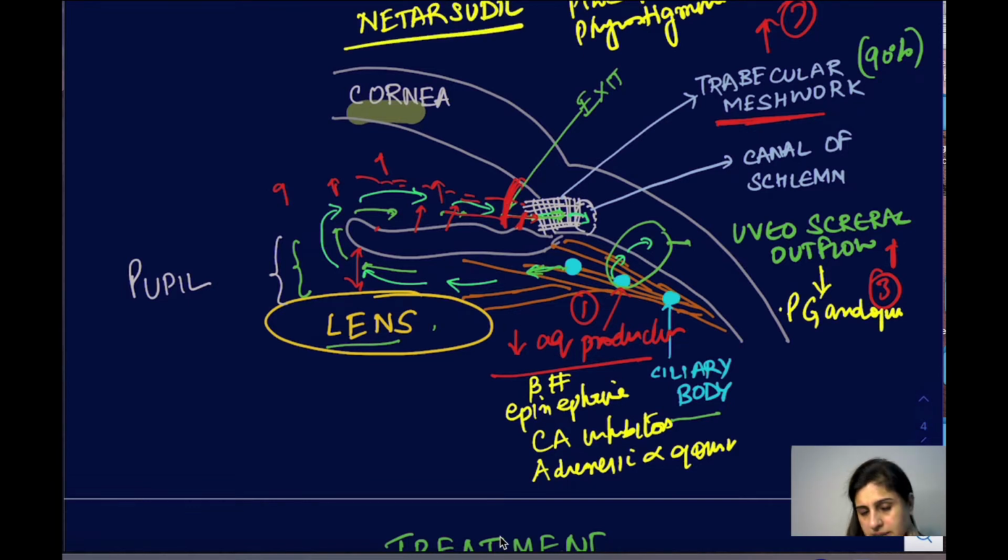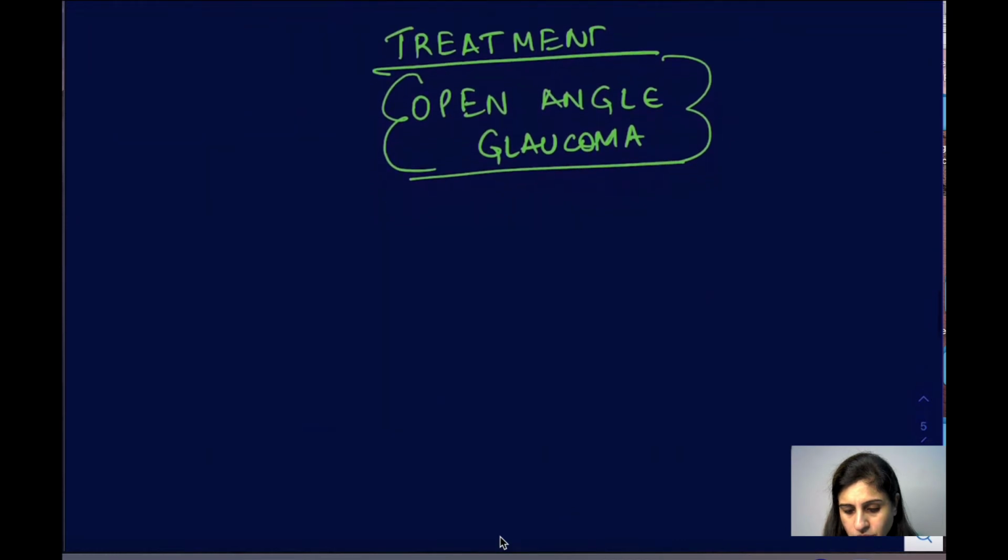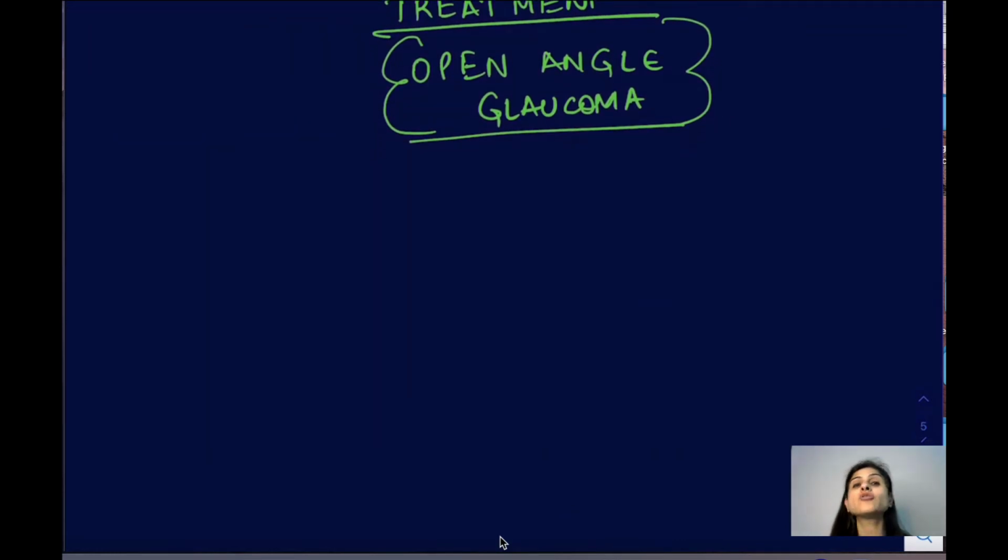Okay, it's a Rho kinase inhibitor. Netarsudil is a newer drug. Now let's talk about important points about these drugs. If we classify them into the drugs for management of open angle glaucoma and closed angle glaucoma, because open angle